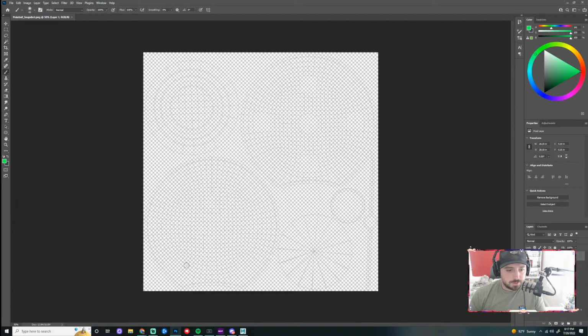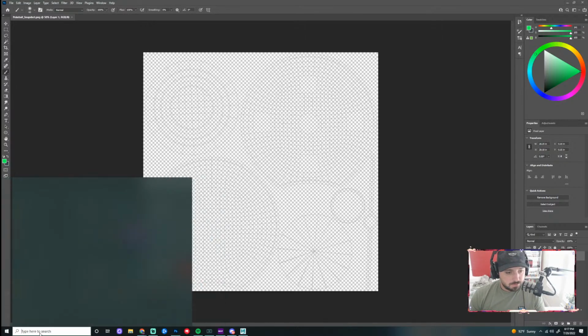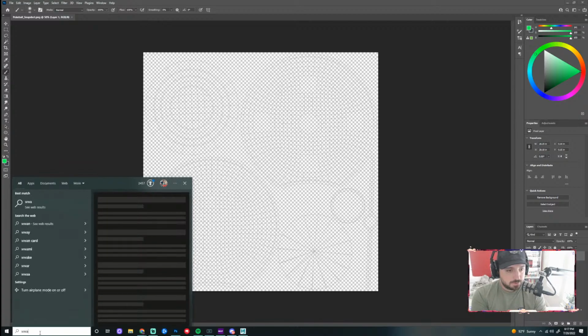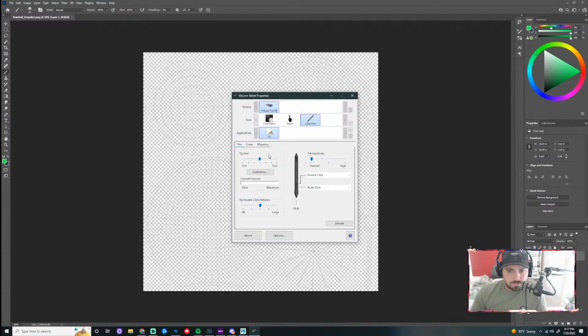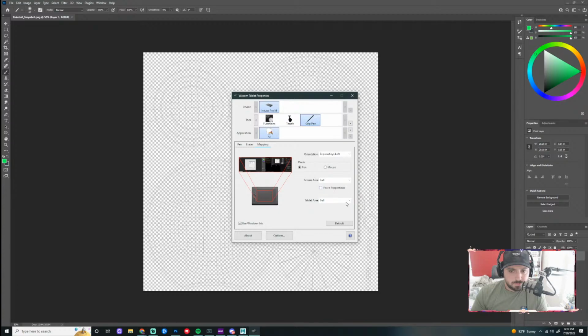Again, I need to adjust my Wacom tablet real quick. Let's do mapping. I just want it to map to full monitor 2. Okay.